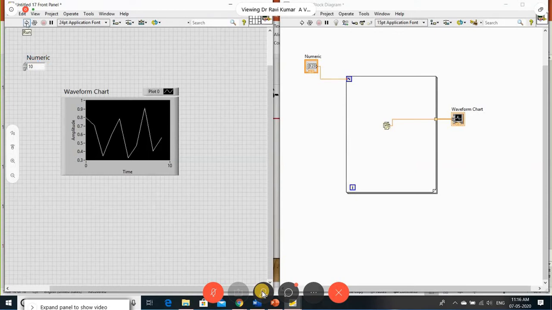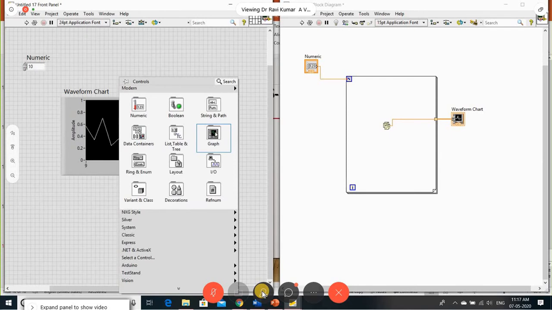Okay. Let me do it once again. One more time I am running this. See now, you can observe that the chart is a continuous plot. After the ending of that time, the 9th, where in the first run it stopped, the continuation of that will run until your n minus 1. Are you getting it? This is the only difference in the chart. The same thing, I want to plot into the graph. Okay. I've taken the graph.